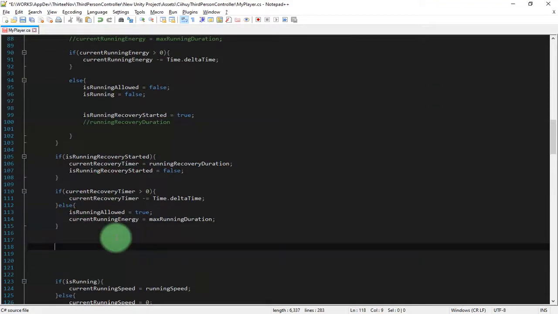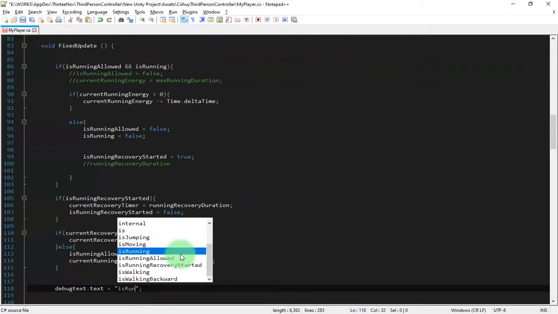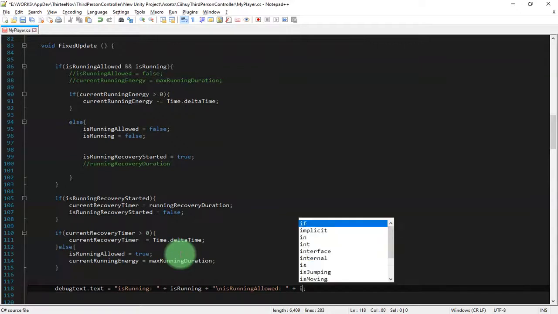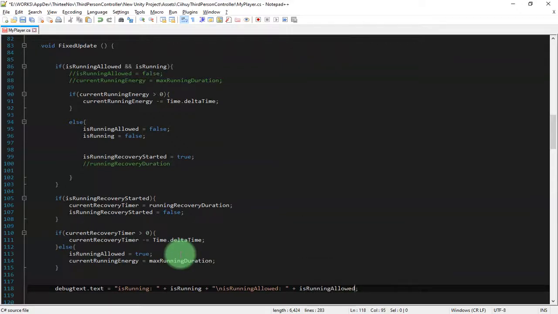Or maybe here I'm going to update my debugText.text to be, here I type "isRunning" variable, isRunning, plus new line, and then after new line I'm going to debug isRunningAllowed, then plus new line.